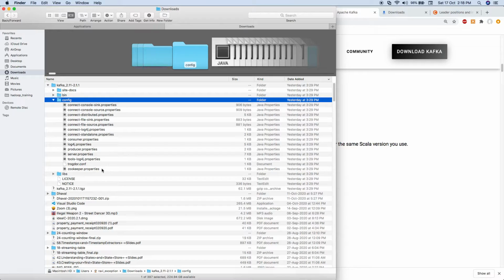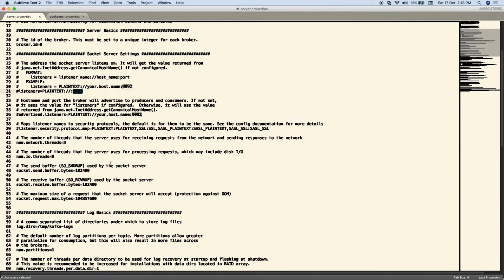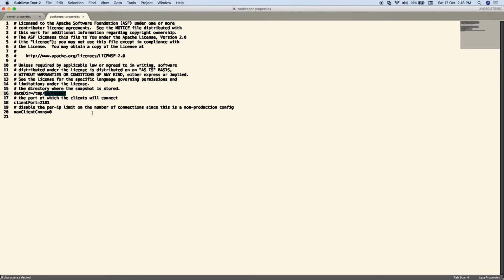Let's pay attention to a couple of files. First file is the zookeeper.properties file. This file gets used when we start a Kafka Zookeeper. Let me open the file zookeeper.properties. This is the directory where Zookeeper keeps all the metadata about all the brokers, all the topics, all the partitions. And this is the port 2181 where Zookeeper is running.